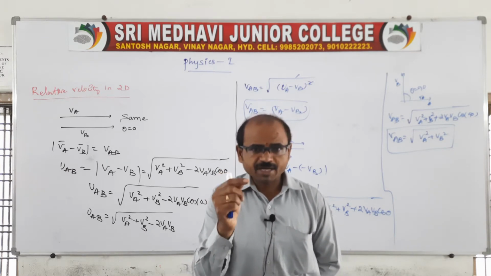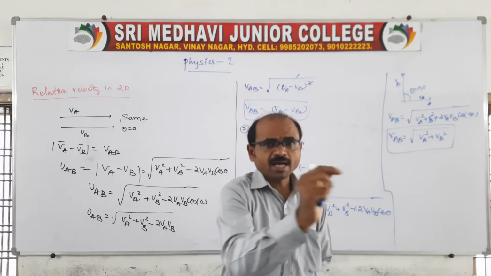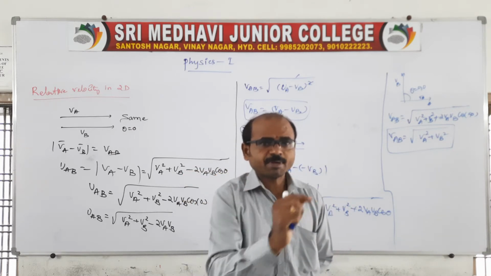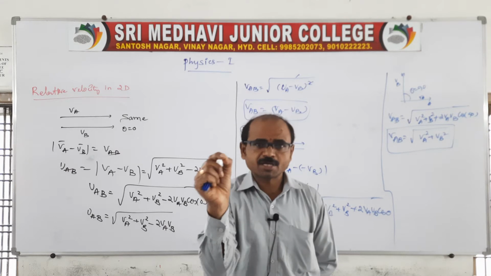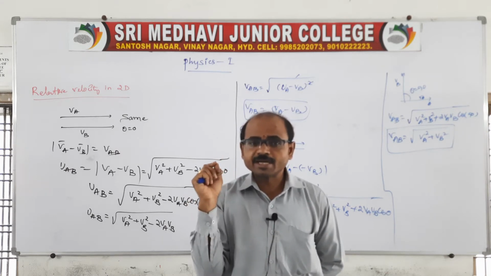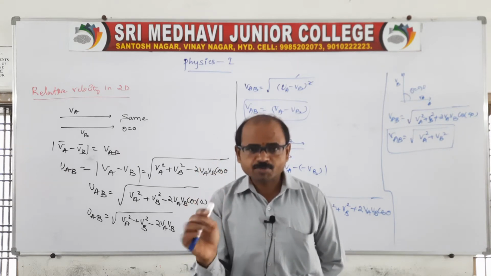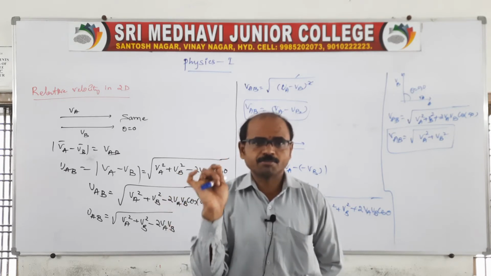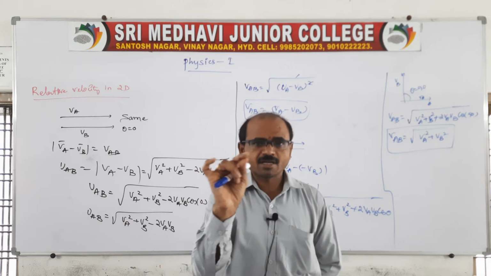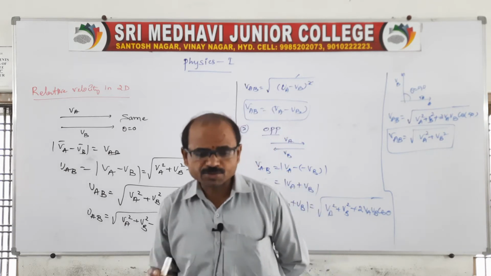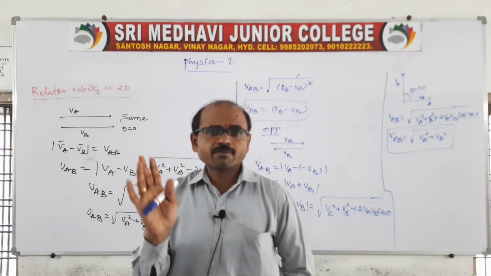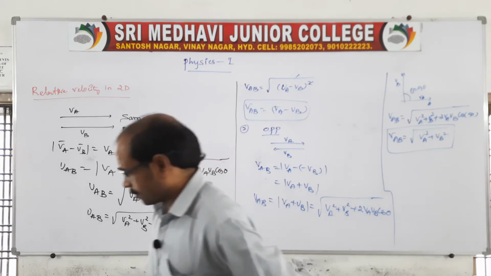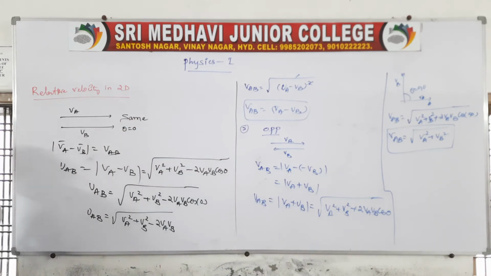Suppose the wind appears to the man. Wind appears to the man. You underline it: appears to be. That "appears to be" indicates it is a relative velocity problem. This is a very, very important phrase in the problem. If the problem says "appears to be," then you say it is related to relative velocity problems. Therefore I'll tell you one problem based on "appears to be."